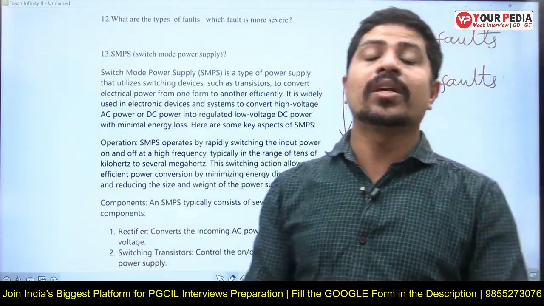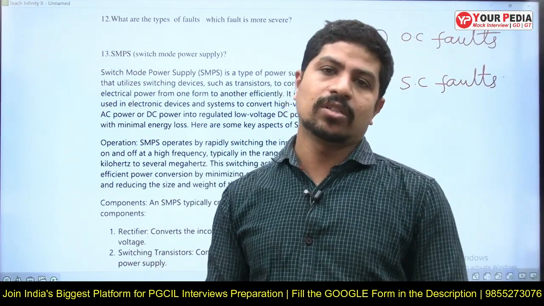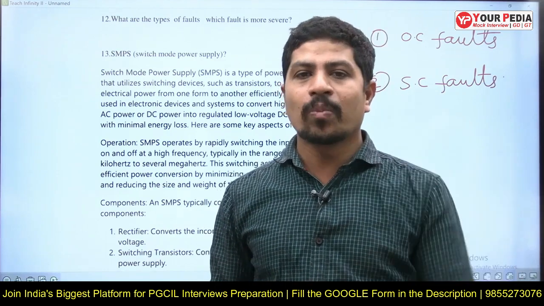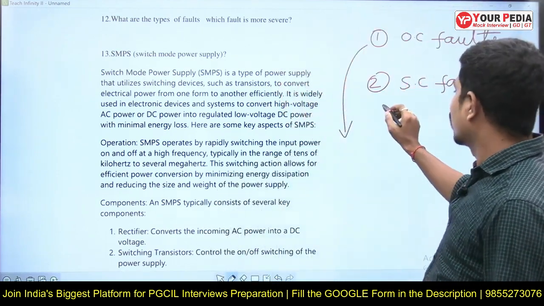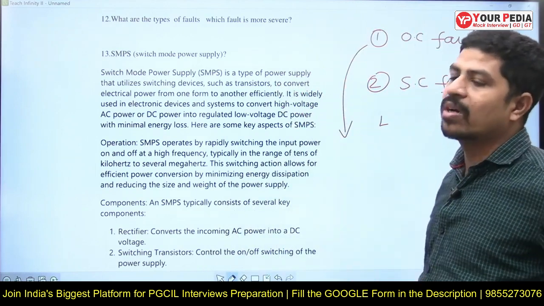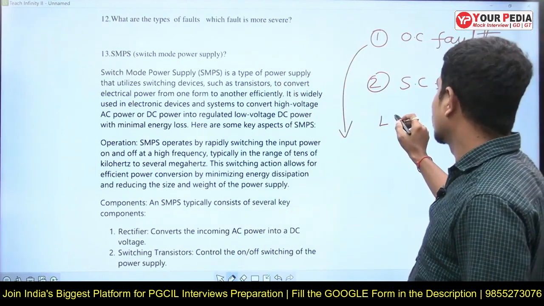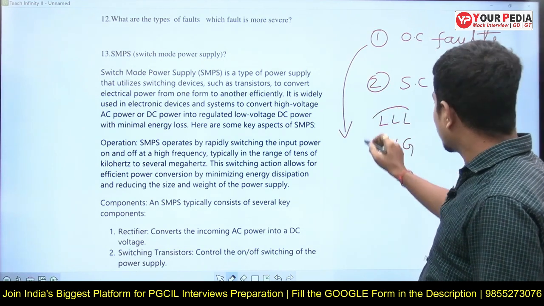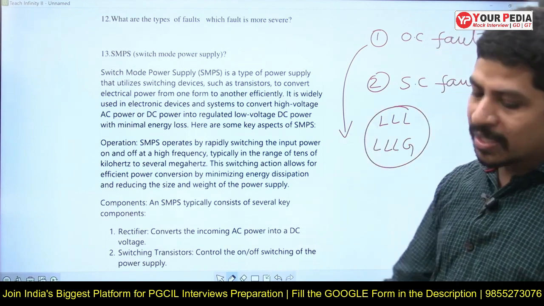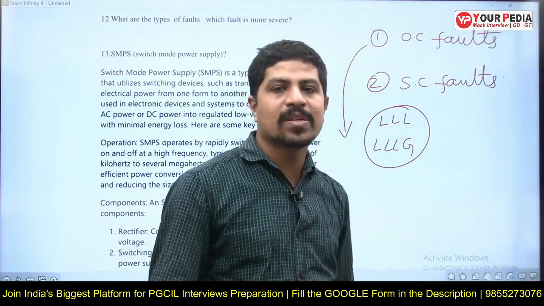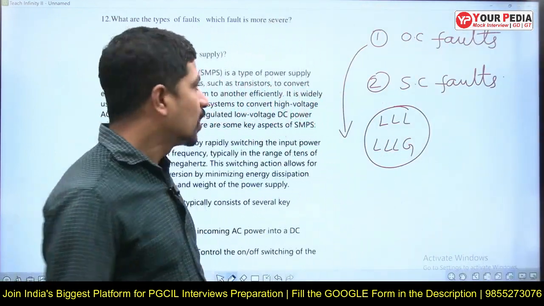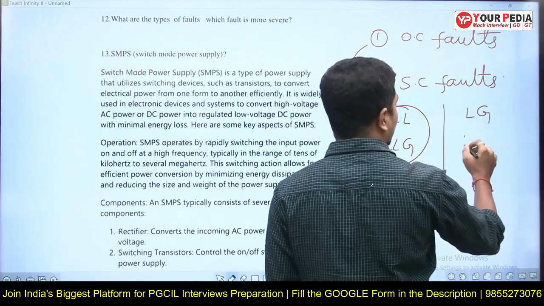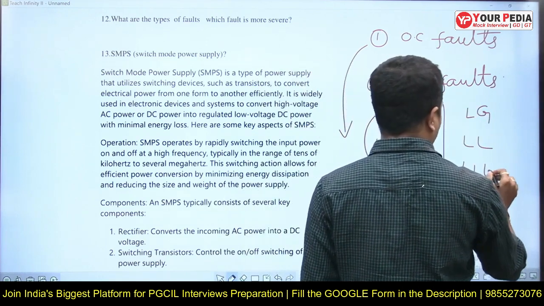If three conductors are open, it is not a faulty case. It is treated as a no load condition, where our load and source got disconnected. One conductor open is a fault. Two conductor open is also a fault. Again, in short circuit faults, we have grounded faults, symmetrical faults and unsymmetrical faults. What are the symmetrical faults? Triple L and triple LG are symmetrical faults, but both are the same. Technically both are the same, physically may not be the same, but technically triple L and triple G faults are the same. And we have unsymmetrical faults, those are LG, LL and LLG.